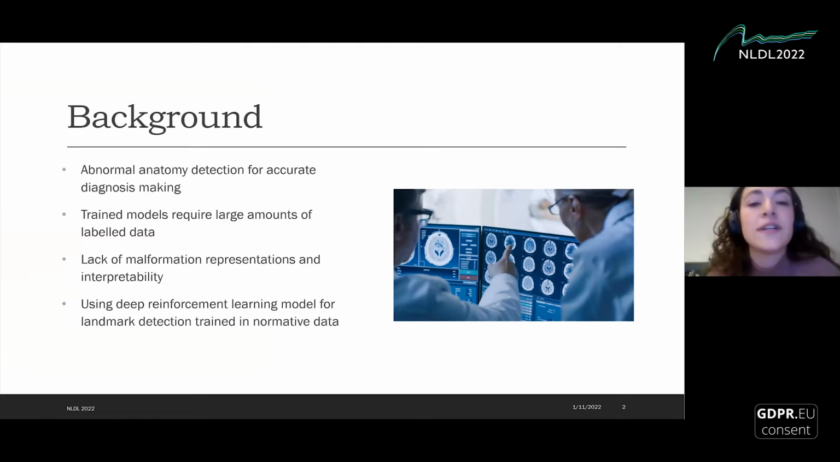There have been different deep learning models that have been trained to detect anomalies, and some of them are very successful. However, this requires a large amount of data. And what is even more complicated is that this data needs to faithfully represent the whole spectrum of malformations, and this is a lot of times very complicated due to the uniqueness of some of those